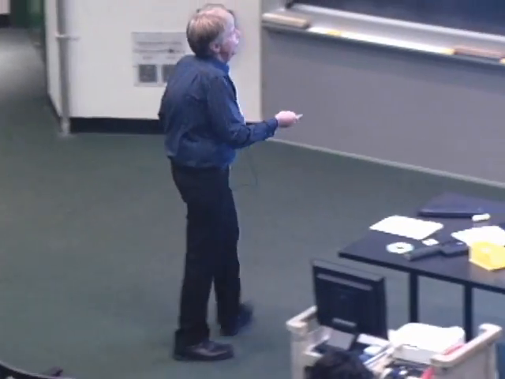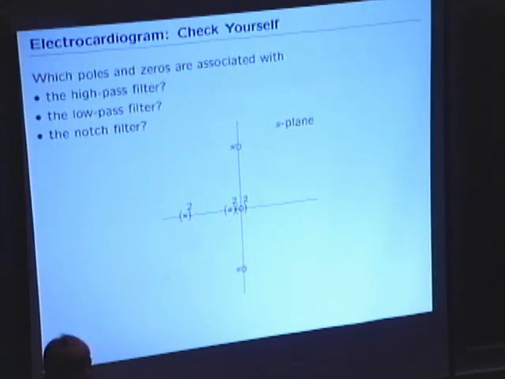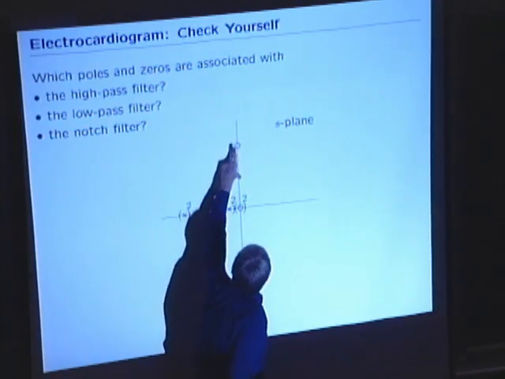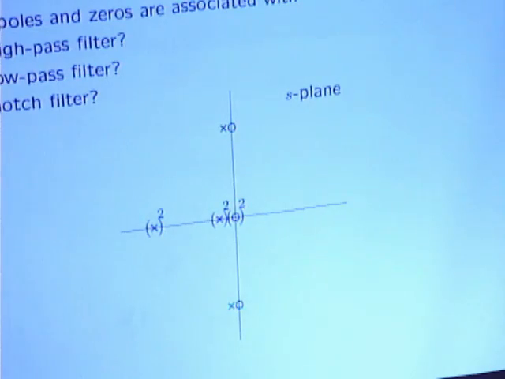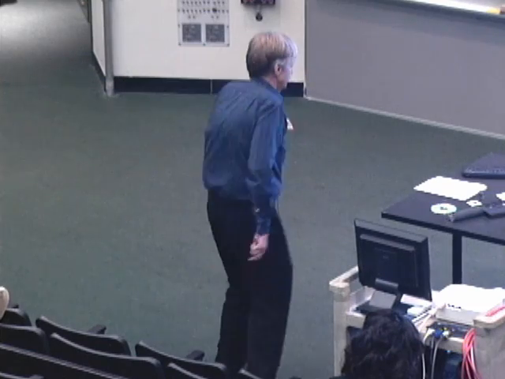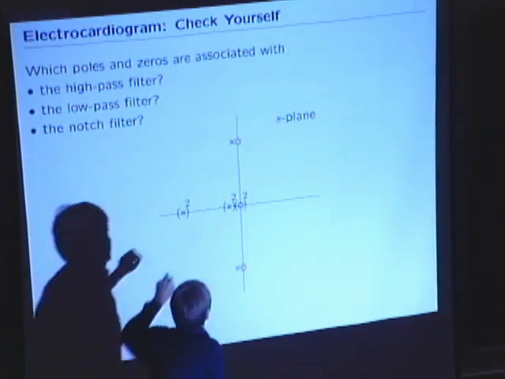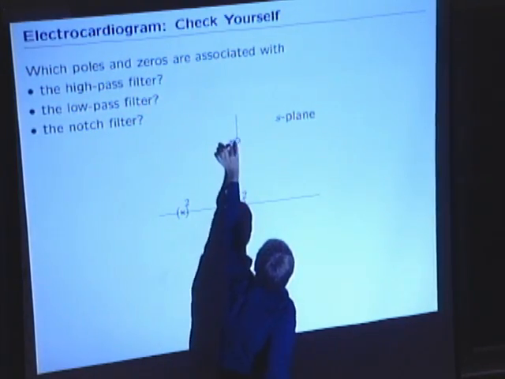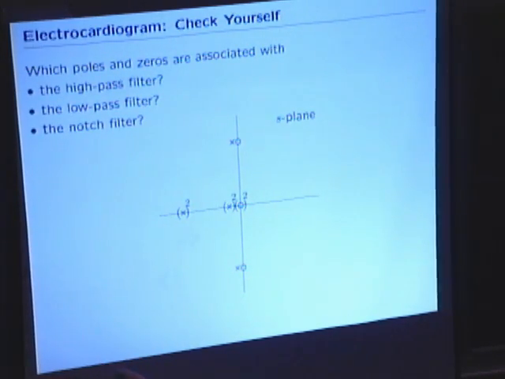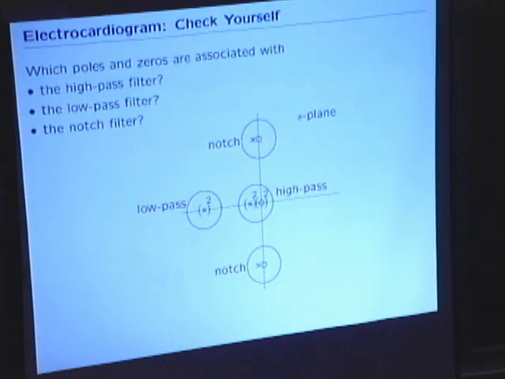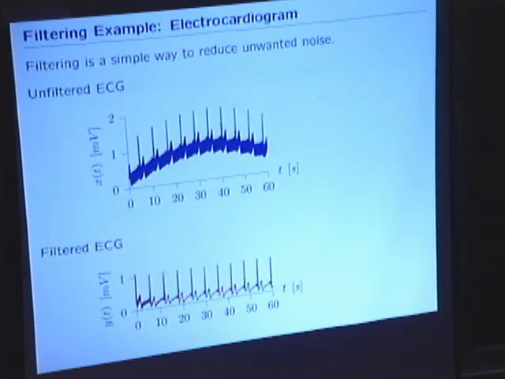So the idea is that if you put the pole close to the zero, if you get to a frequency that's pretty far away from those, their effects cancel and there's no effect of either of them. So their effect is constrained to frequencies that are very close, measured in terms of this distance. So you have to be at a frequency that's very close in order to have an effect. Okay? And when you design such a filter, you clean up the waveform a lot, and